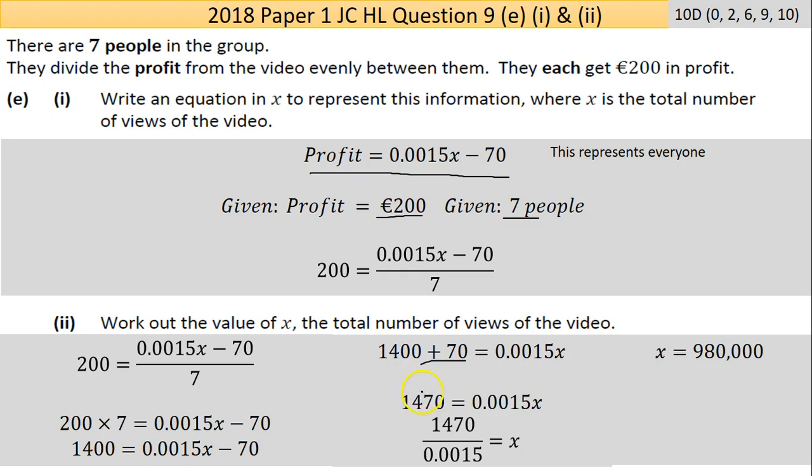1400 plus 70 is 1470. And the far side works out to be 0.0015x. Remember we're looking for X, so add them together. You get 1470, and then we need to divide across by 0.0015, and we end up with our answer. Now if you put it through the calculator, there is 980,000 views up for grabs. Right, it's question 9, and see you on question